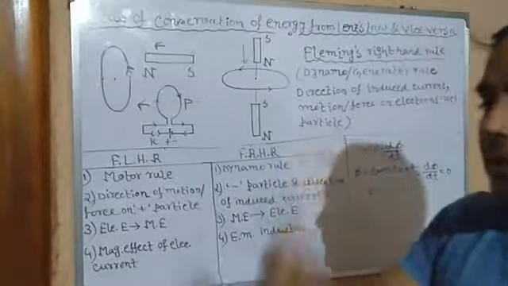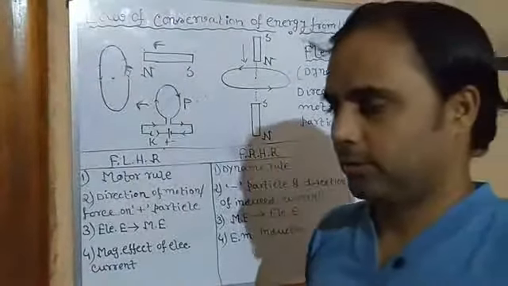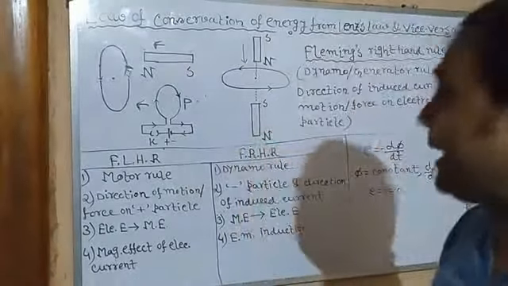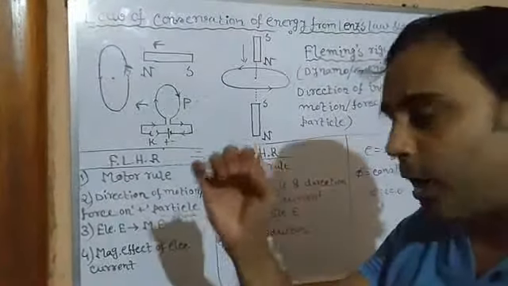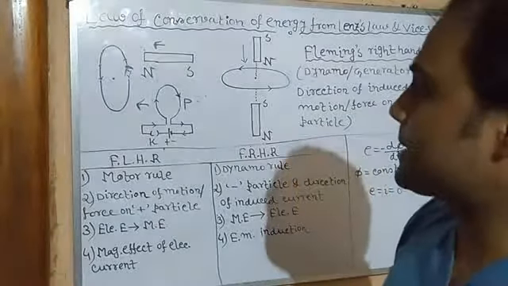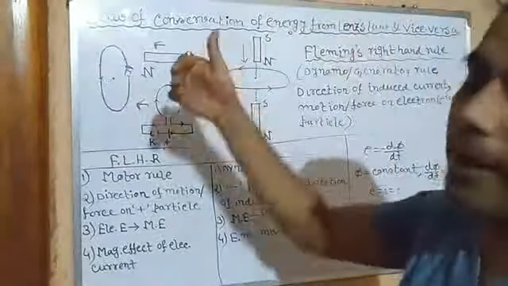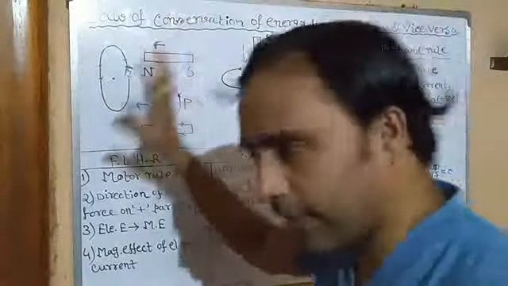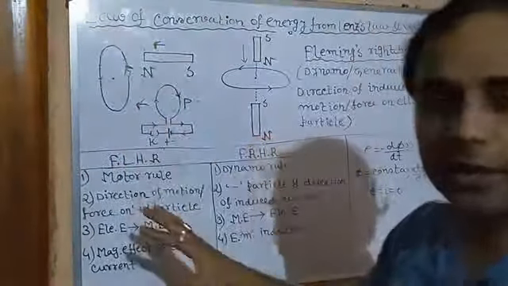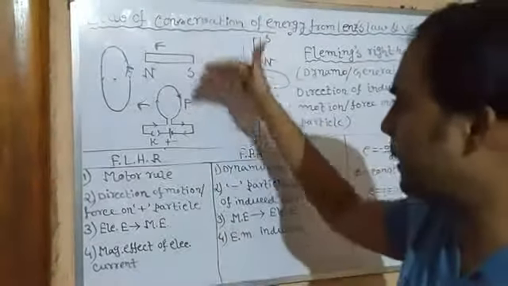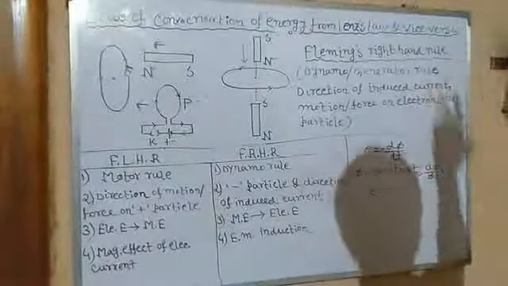So for that, there must be some work done by some external agent. And to do some work, in the first case, it will have to repel, and in the second case, when moving away, it will attract. So that's why the direction of the current is in the opposite direction, and automatically it will oppose the motion of both the magnet and the coil, which is nothing but Lenz's law.